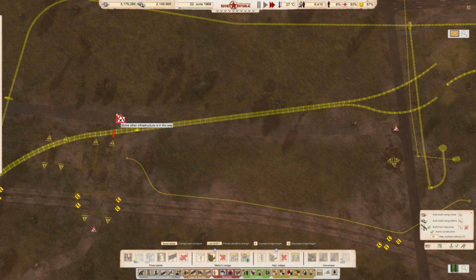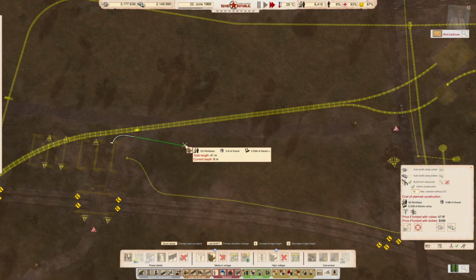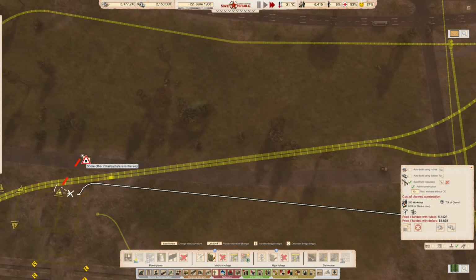Ooh. Are we not going to get through? We're going to have to. We're going to drop it, right? There we go. That other one's going to be a problem. So straight all the way through there. Thank you. That's the one. And we get...